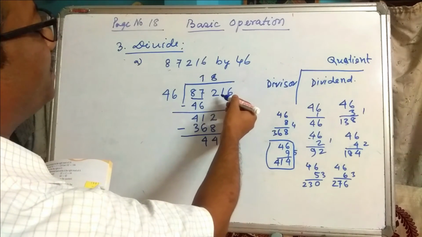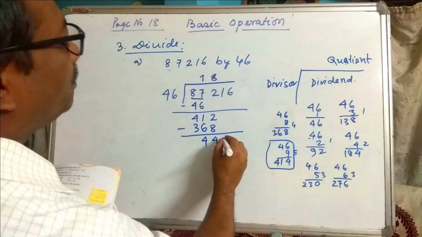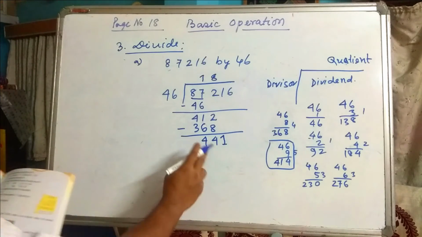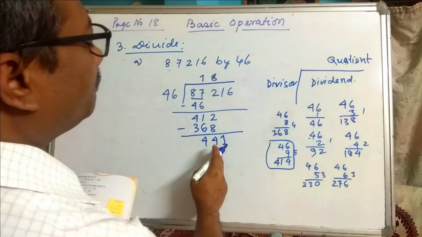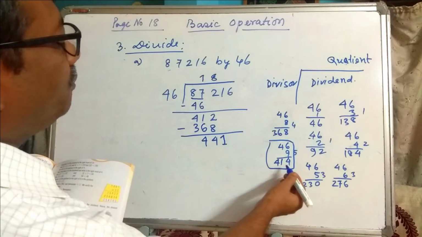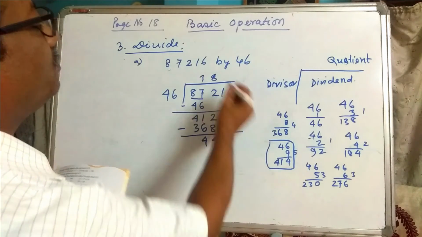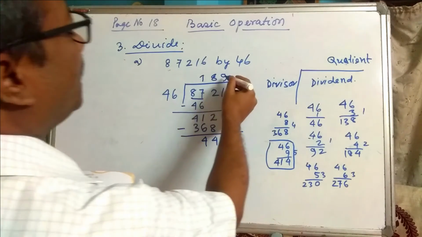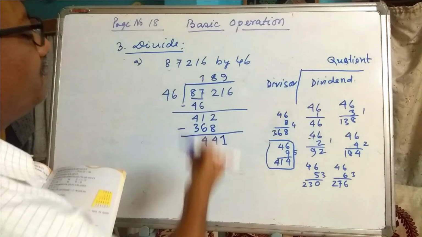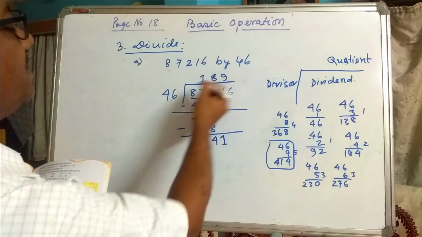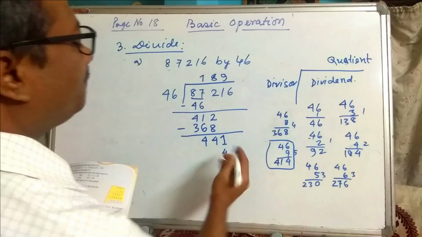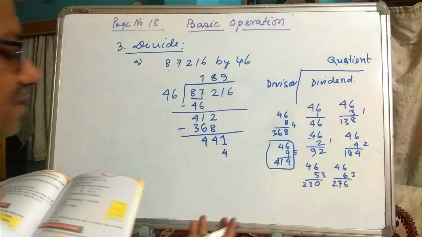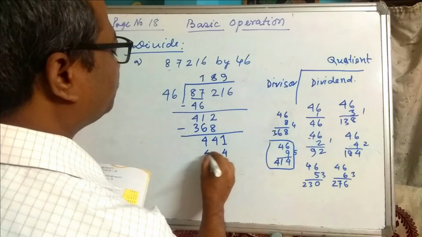Now from the number we will take down 1, and we will put it to the extreme right of 44. Now it is 441. Now 441 is greater than 414. So it will go 9 times. So we will put the 9 as quotient just above 1. And the result is 9 6s are 54, 5 left. Then 9 4s are 36, 37, 38, 39, 40, 41.